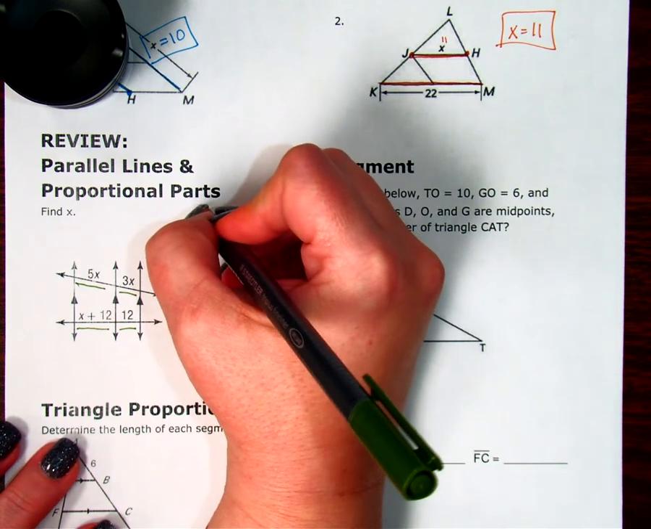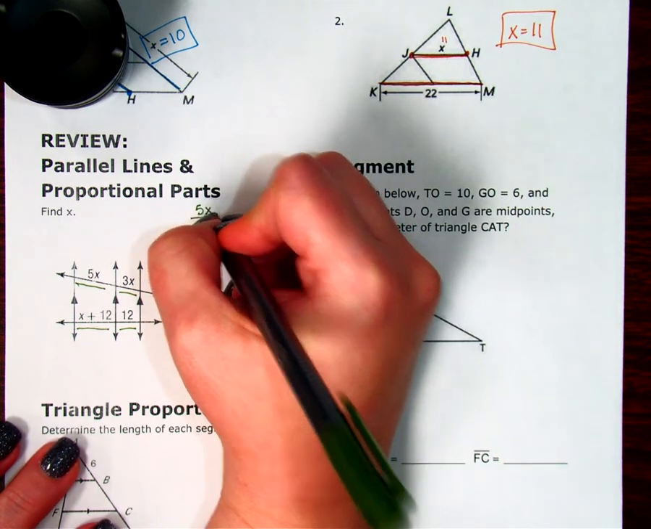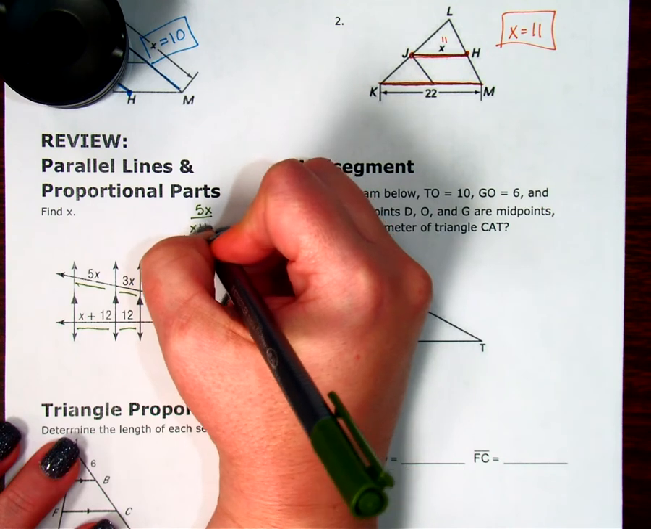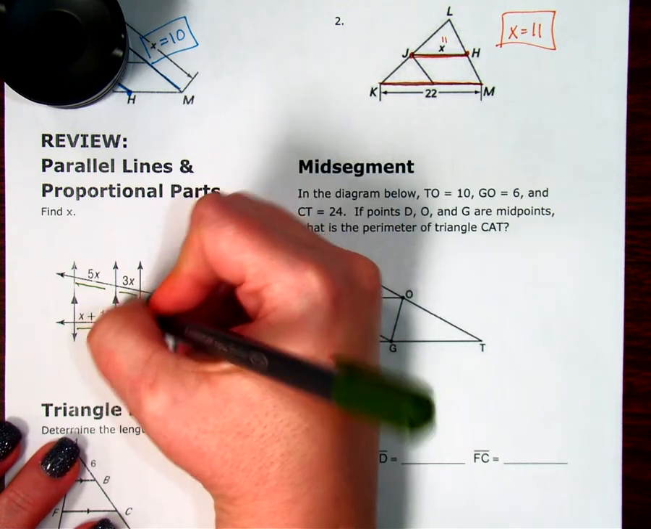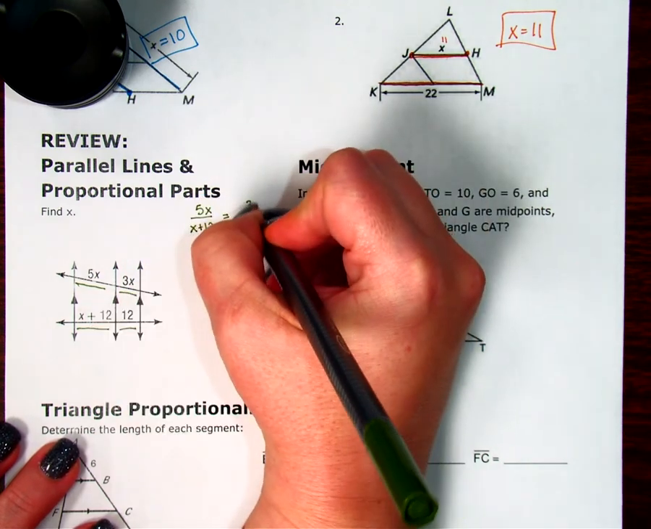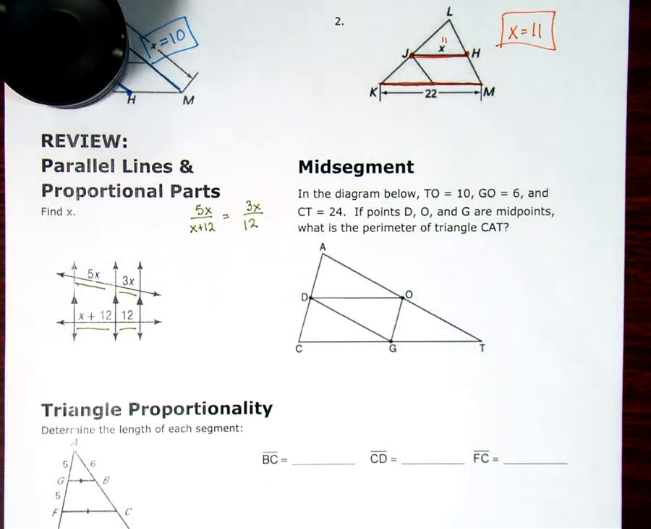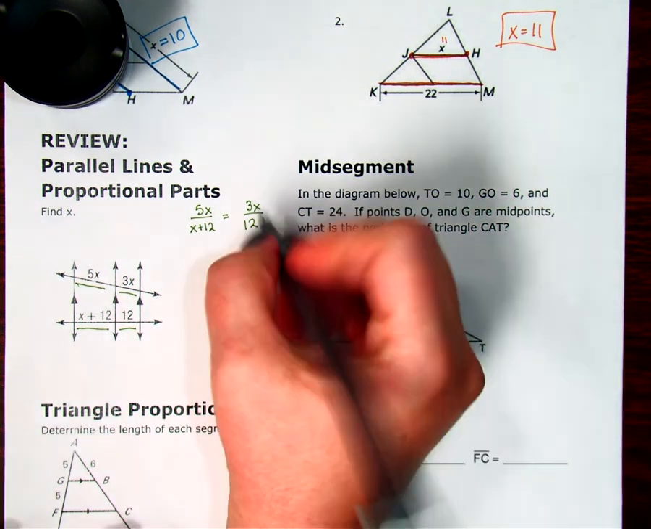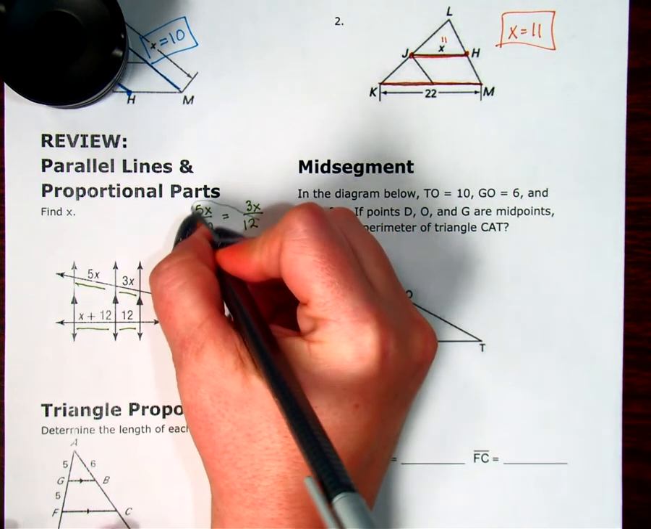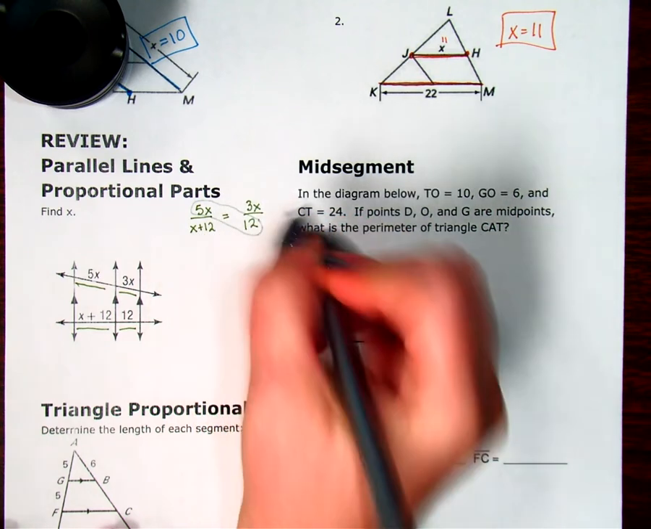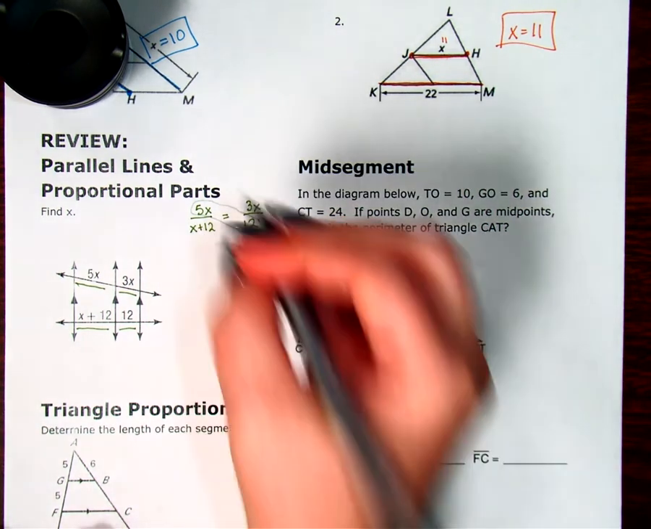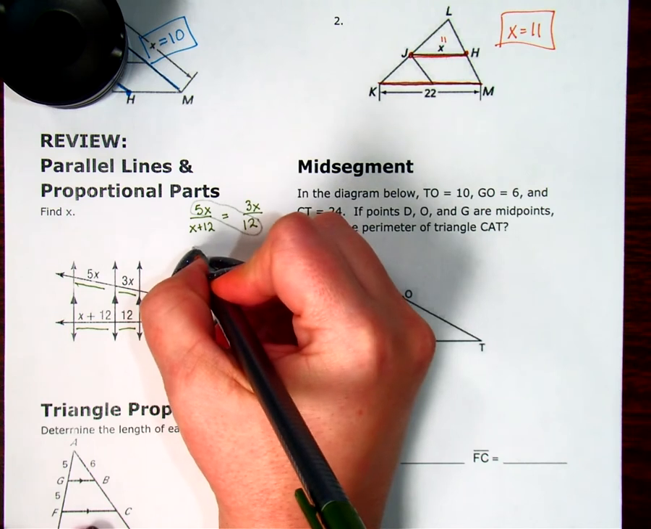So I'm going to do 5x over x plus 12 is equal to 3x over 12. Okay, and then this is going to need to be cross multiplied. So here I'm going to multiply, let's start with the easy side first, 5x times 12, which is going to be 60x,